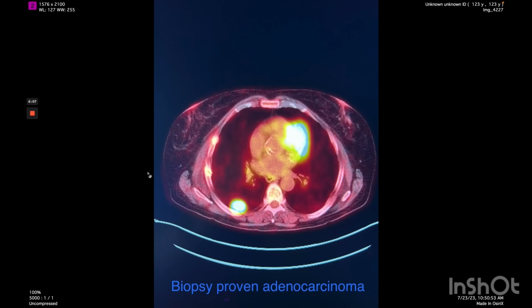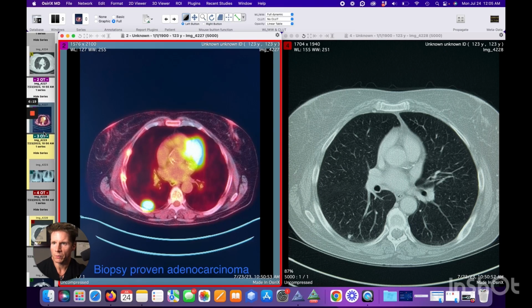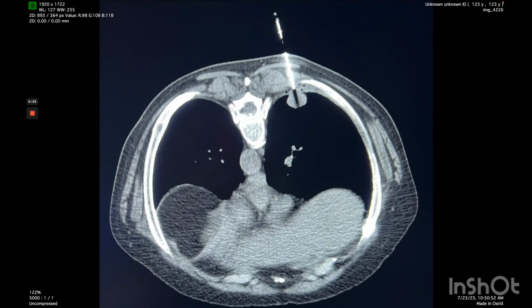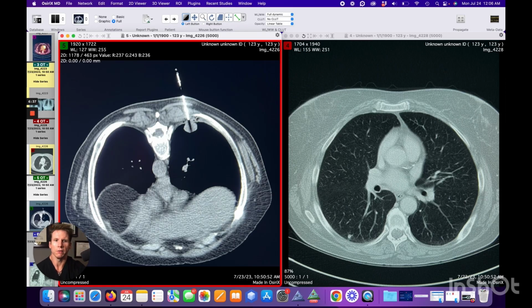So here you can see a very hot pulmonary nodule with intense radiotracer uptake, and this turned out to be an adenocarcinoma. We can look at the CT-guided biopsy that was done from a posterior approach. You can see our needle going in directly into the posterior part of the nodule. So, a pretty significant finding. Was not necessarily causing her chest pain, but certainly a significant abnormality that needs to be assessed on